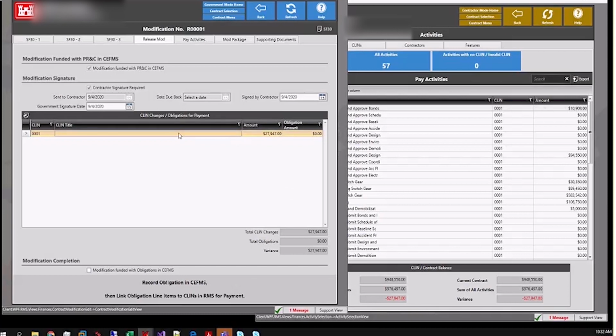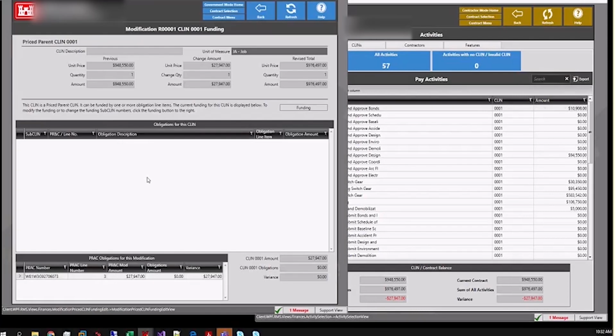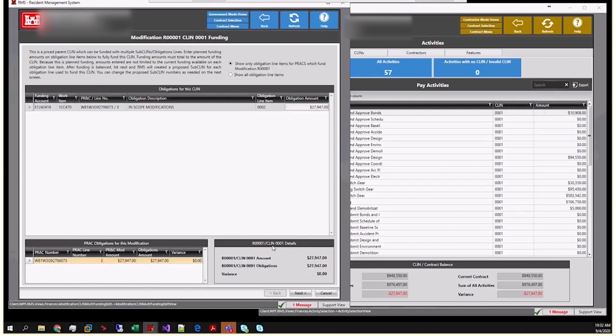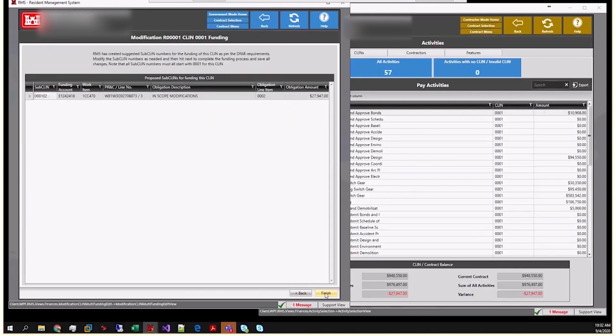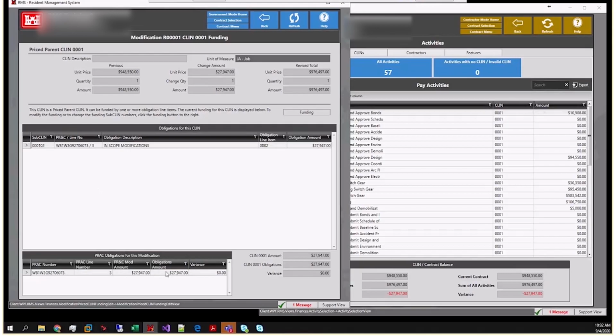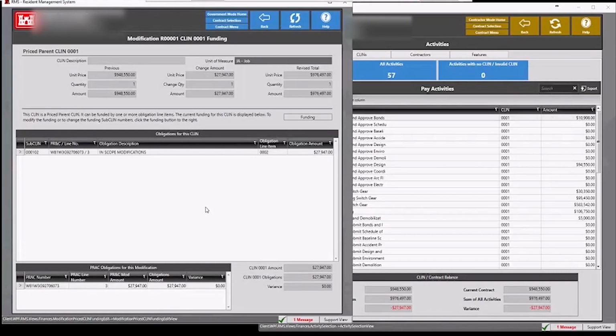Then we can fund this by double-clicking on this line and fund it. Notice that the change request funding is brought in, so I can put in that amount. The variance down below is 0. Click next and finish. And on that tab, you may have multiple funding accounts that you're going to be funding this mod with,